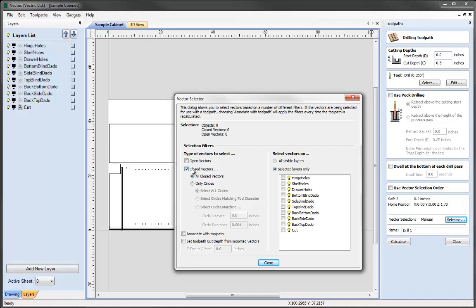Now under the actual closed vectors section we have 2 options, and these are all closed vectors. Those can include all sorts of different shapes, or we can specifically select just to only select closed vectors that are circles. And within the circles option we do have other options as well to actually match specific diameters or match the actual tool in size, whereas I just want to select all the circles that are available